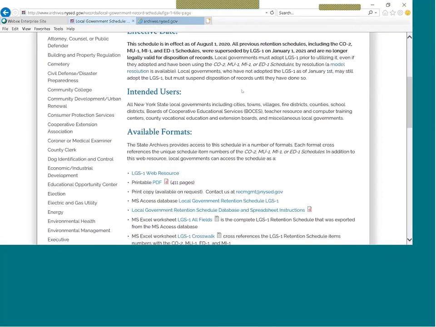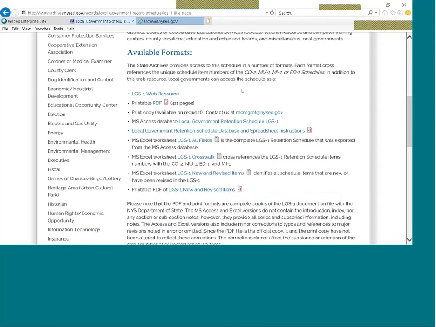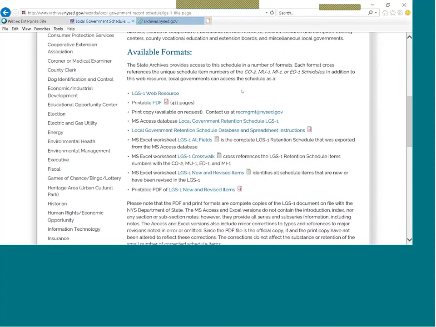Going back to the LGS1 landing page, the archives has included a variety of spreadsheets and text documents on the LGS1 main page to inform users of what's been updated in the current version of the retention schedule and cross-reference the LGS1 with previous schedules. For more advanced